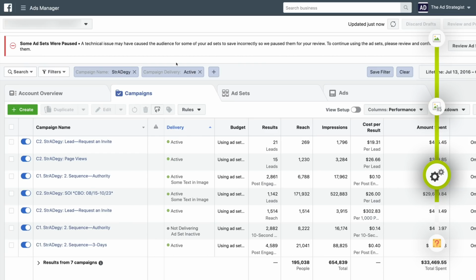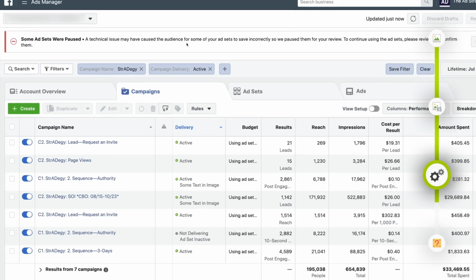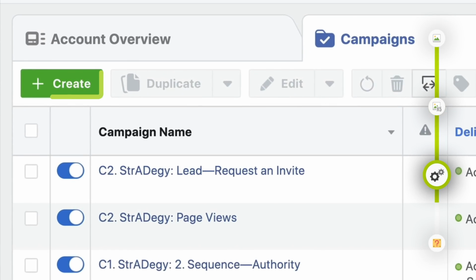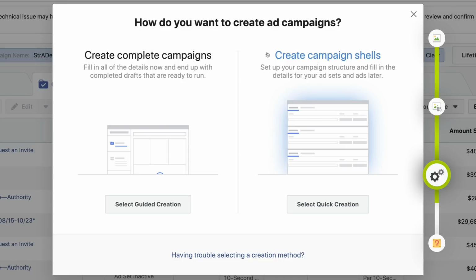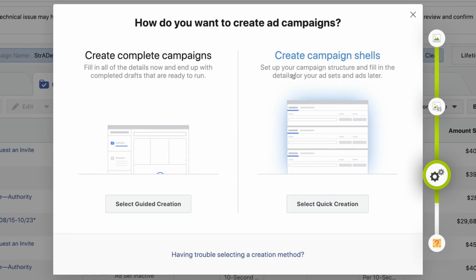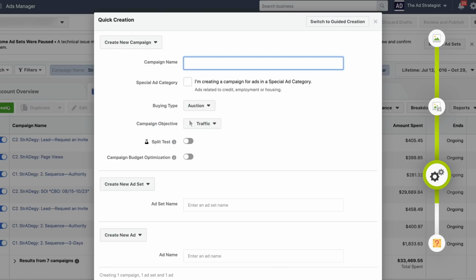Now we're gonna bring all of these elements together and create these ads. Creating the ad, you simply click Create, and then a pop-up menu will appear. We're gonna choose to click Create, and the quick creation menu is gonna pop up. Now, sometimes you might see the guided creation menu, or heck, even a new pop-up that we've never seen before, but I do recommend using quick creation because it's just gonna make creating this campaign easier and faster.